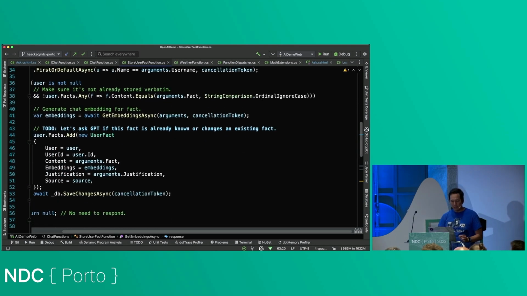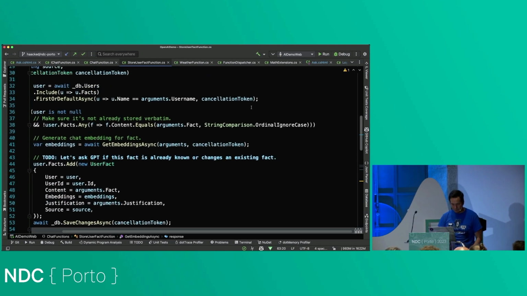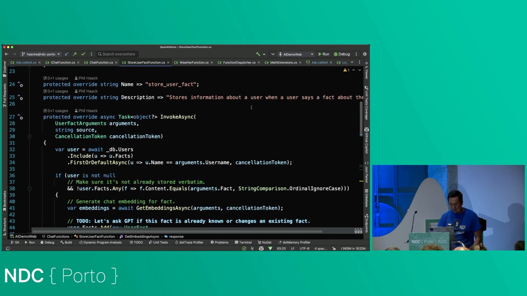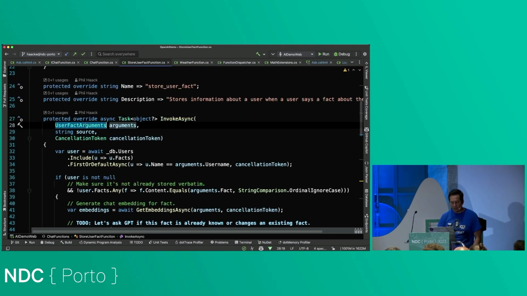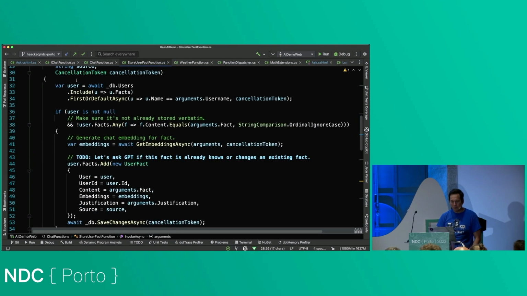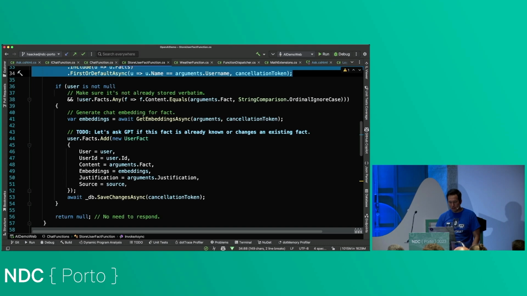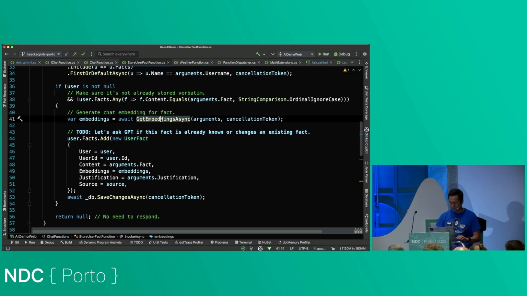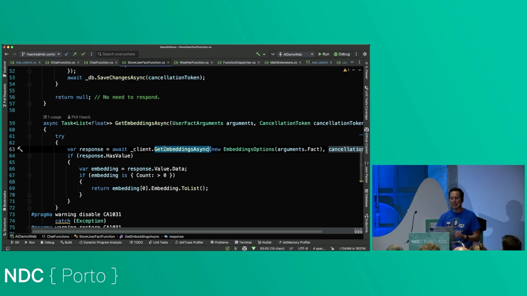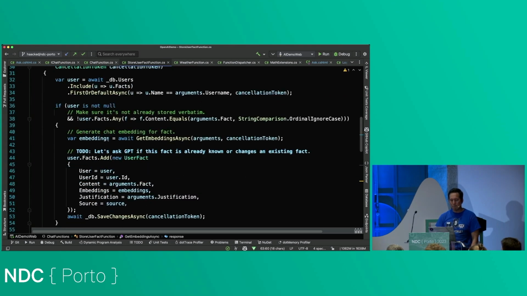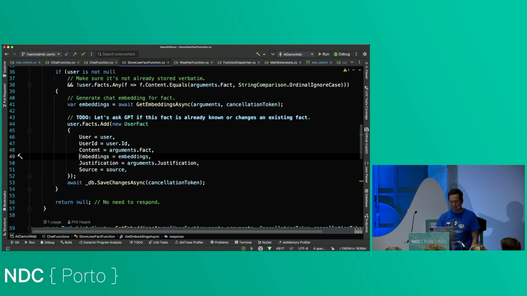And then what I do here is, in my invoke async, I get the arguments, and then I'm going to try to retrieve a user. I'm going to generate the embeddings. So that's just calling the getEmbeddings API. And then I'm going to store that embedding with the user, so you can see here.